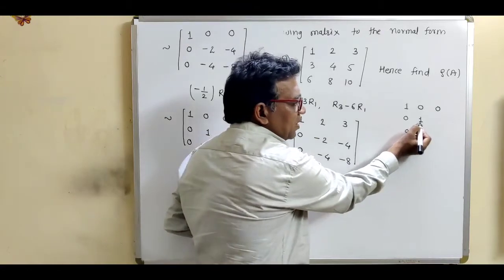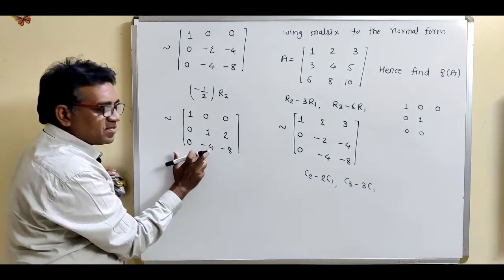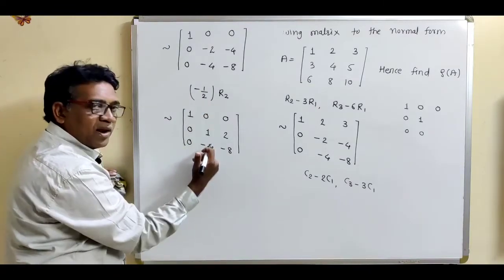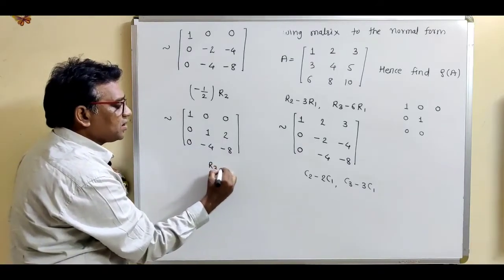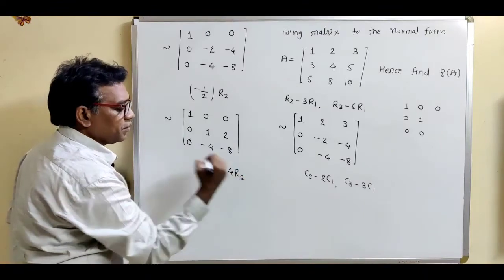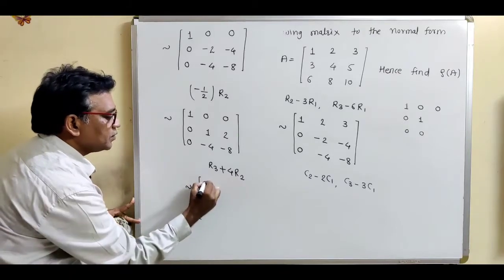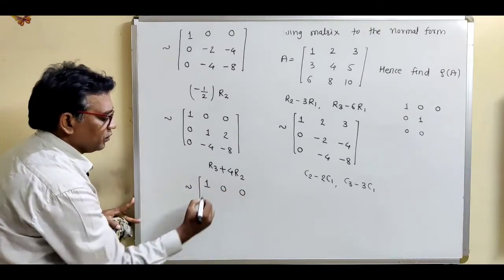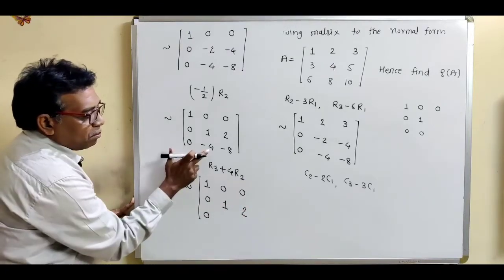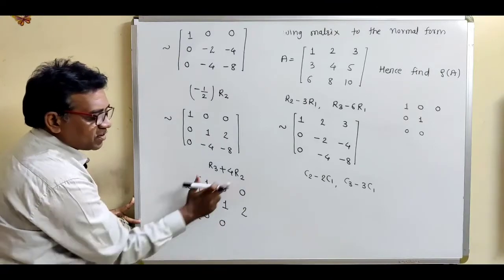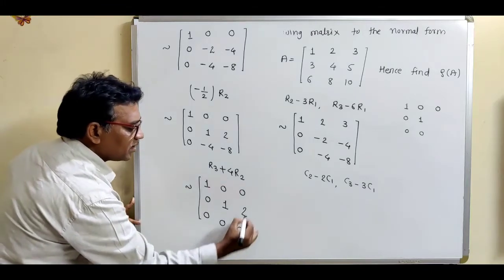Now by using this one, make corresponding column 0. So we have to make this element a 0 element. So for the lower element, we use the row operation. So what is the row operation? This is R3 plus 4 times R2. So write down the equivalent matrix. So this is 1, 0, 0, 0, 1, 2, 0. Minus 4 plus 4, it is 0. Just multiply second row by 4 and take the addition. Minus 8 plus 8, this is again 0.